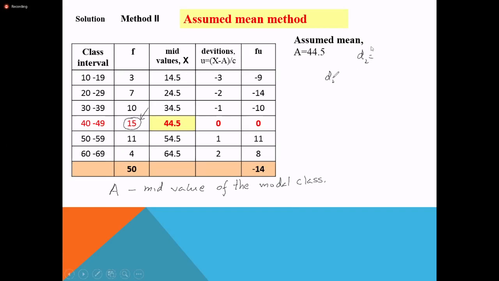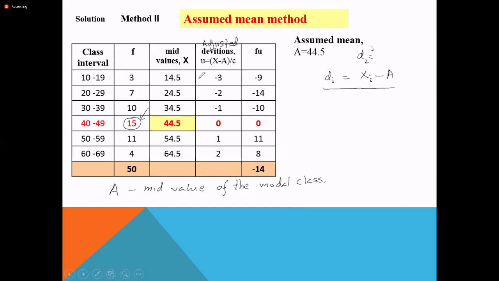If we take di for the ith class interval, we always subtract A from that mid value. That is how to calculate the deviation. Here this deviation is again divided by 10. This is actually called the adjusted deviation. We have taken it differently from the usual way. I will explain why we take these values here. If we take di for this one,